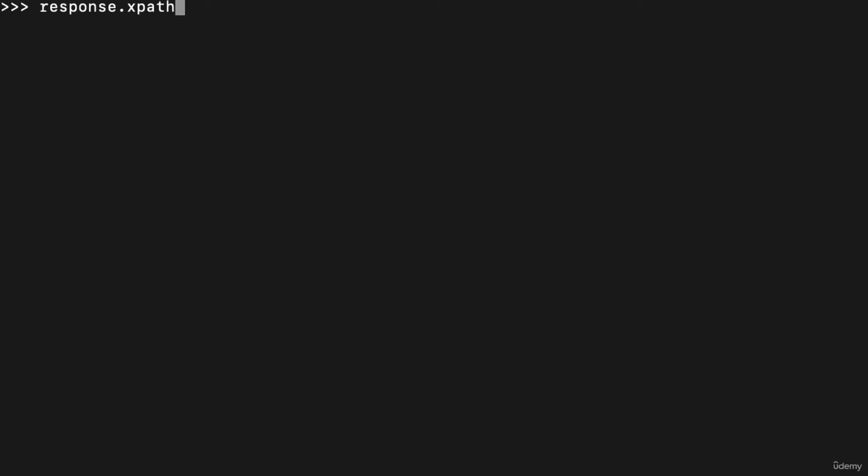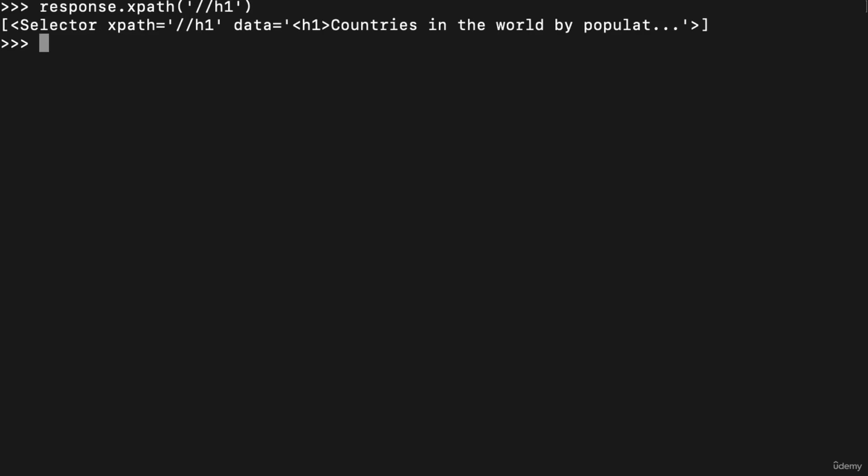So we can write response.xpath, and inside we can write the XPath expression we just saw before. So double slash h1, and we get the element that contains the title, which is countries in the world by population. So now if we want to get only the text and not the whole element or node, we have to write